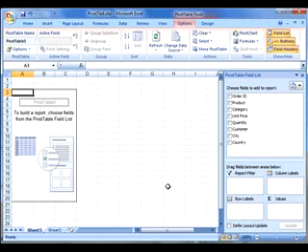Initially, a pivot table doesn't look like much. Excel creates a placeholder box, but it doesn't actually fill in any information. That's because you need to tell Excel how to analyze your data before it can create the pivot table. The trick to creating a pivot table is the Pivot Table Field List pane here on the right side of the window. It lists all the columns that are in your original table of data. These are all the columns you can use to create your pivot table, but you don't need to use all of them. You tell Excel what to do with a column by dragging it down to one of the four